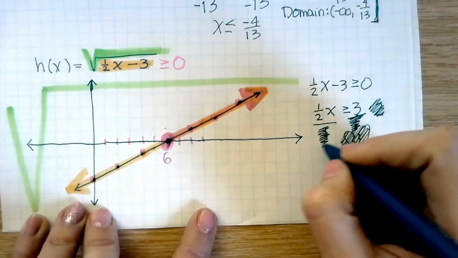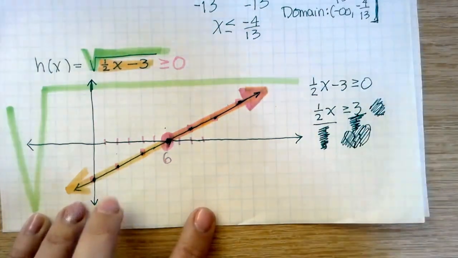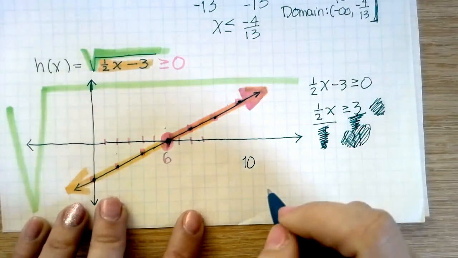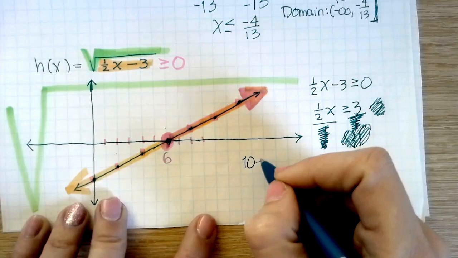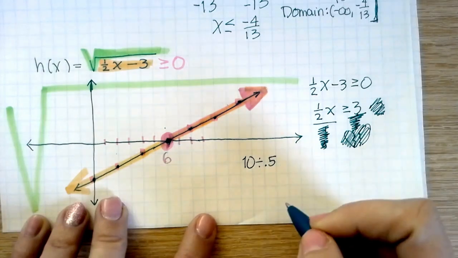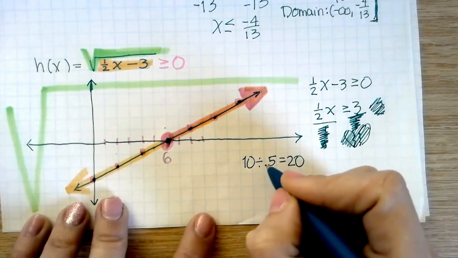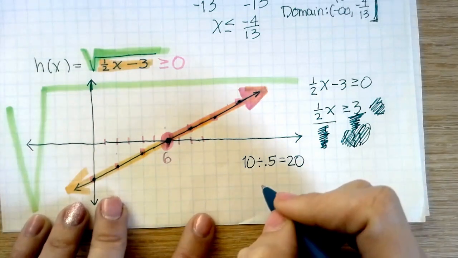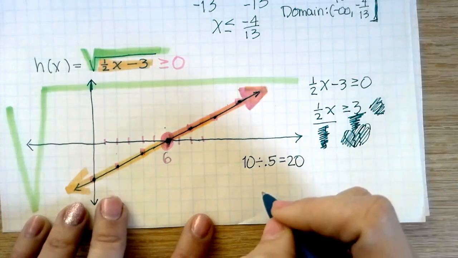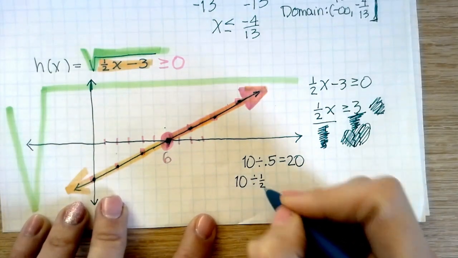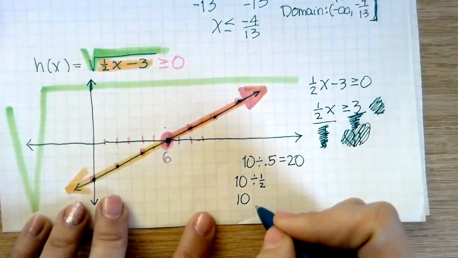So I heard a couple options. Yeah, you could change it to a decimal, but guess what? A decimal's still a fraction. So when you divide by 0.5, if I asked you what's 10 divided by 0.5, of course you're going to tell me it's 5, but it's not. It's 20. Who said 20? Good girl. Because when you multiply by 0.5, you find half of it. When you divide by 2, you find half of it. Divide by 0.5: 10 divided by a half is the same as 10 times